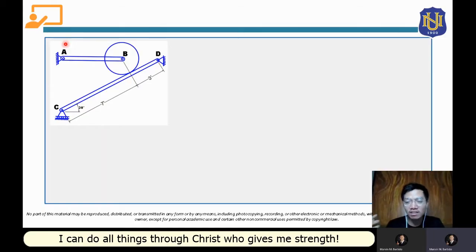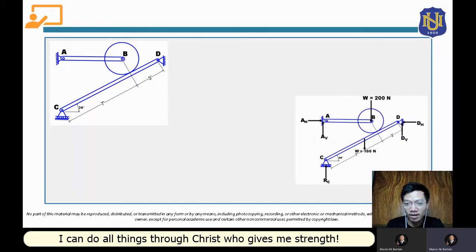So how? We can construct a force system by constructing its free body diagram. For this structure, we can construct the free body diagram of the entire structure. So this will be the free body diagram of that entire structure. It reflects the forces that are involved here, which again are reactive forces and applied forces. Also, we can construct a force system by constructing the free body diagram of each part